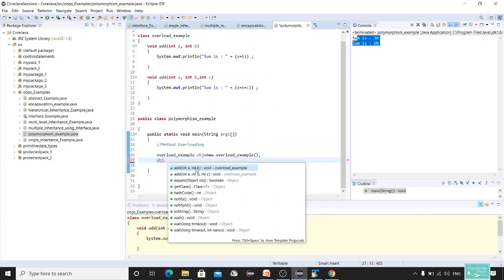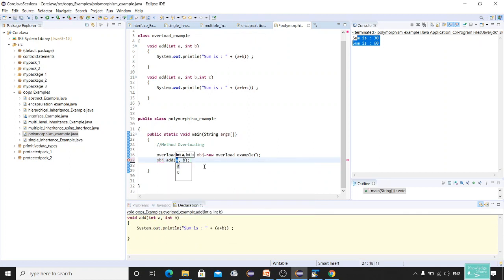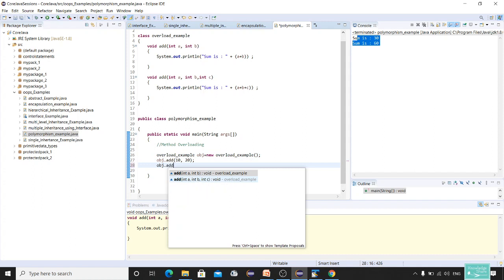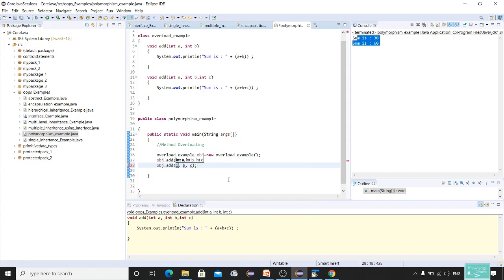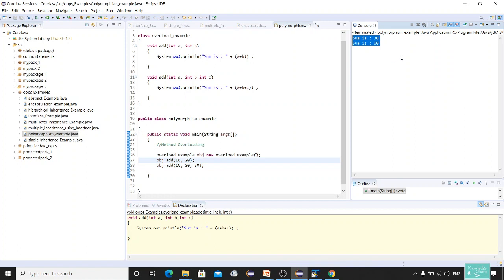So I'll click on add for two variables, 10 comma 20. And for the next one, I'll choose the three-argument method and give 10, 20, 30. Let me run this program now. Yeah, my sum is 30 and 60.